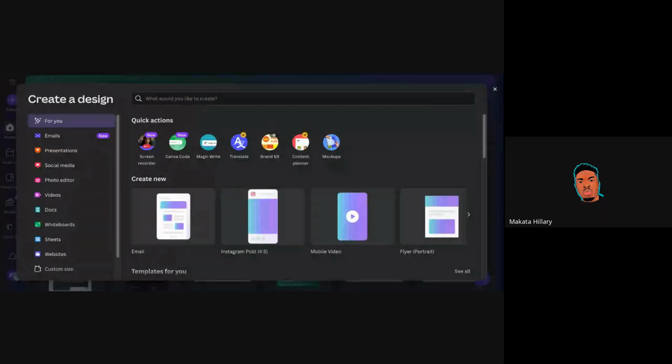Okay. So we're going to design a social media post for a company that sells sofa. So let me type it out. Social media posts for a sofa company. Let's just go with that. So I want us